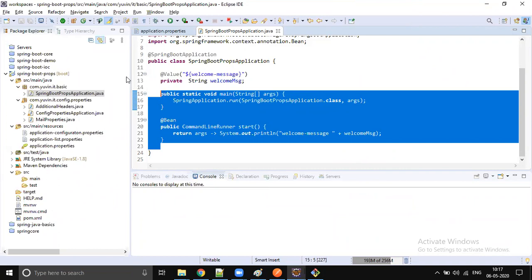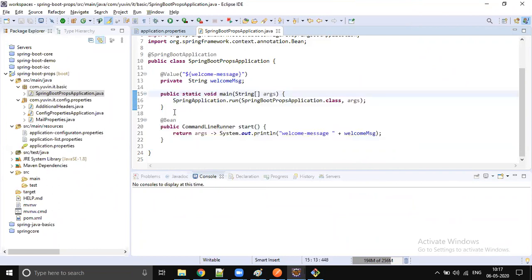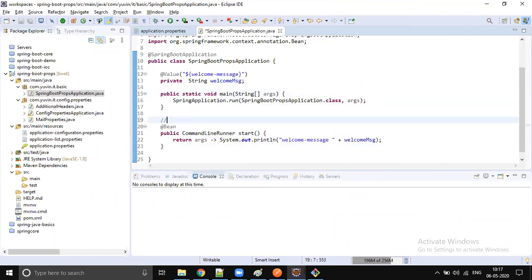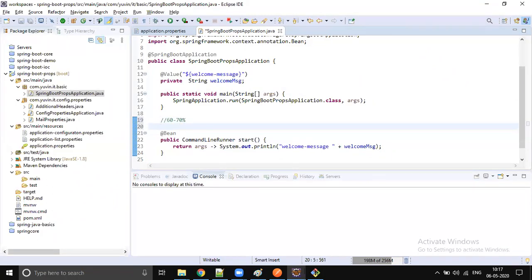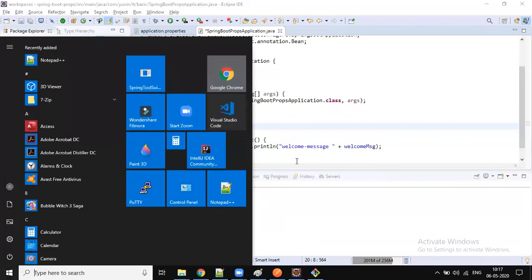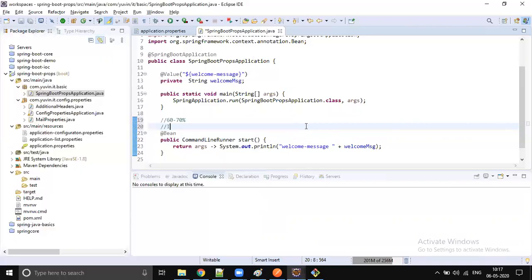If you check for Java, 60 to 70% of companies mostly use Eclipse. The remaining 20 to 30% use IntelliJ IDE. Again, this has its own code formatting, right? IntelliJ IDE.